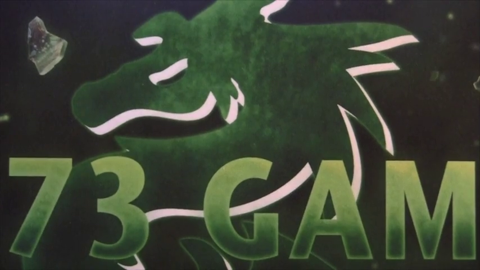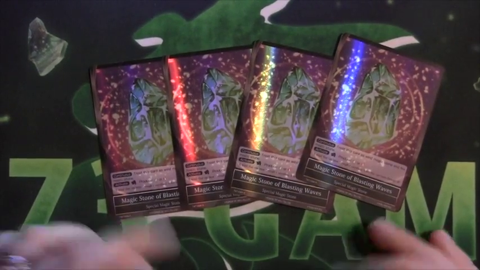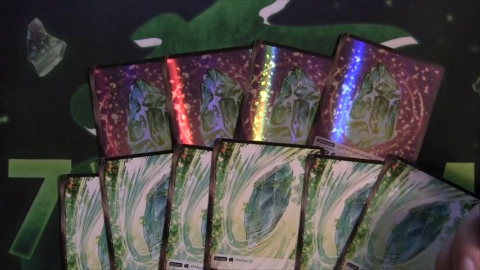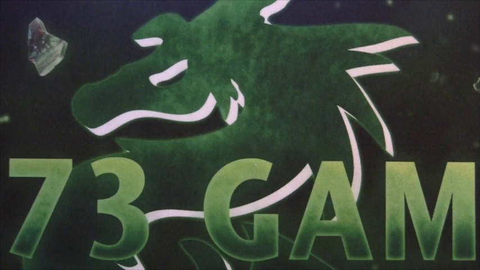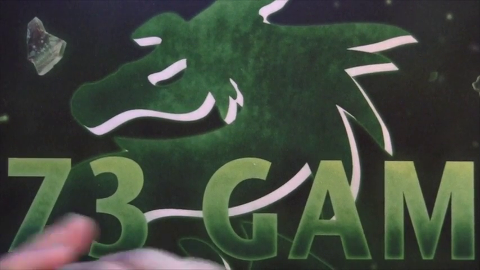As I said, this is a green-red deck, so it runs 4 Blasting Waves and 6 basic greens. Doesn't really need anything else other than this because of Sakamoto, but we'll talk about Sakamoto in just a second. So even though technically it can run 3 colors or 5 colors, we only use 2 colors